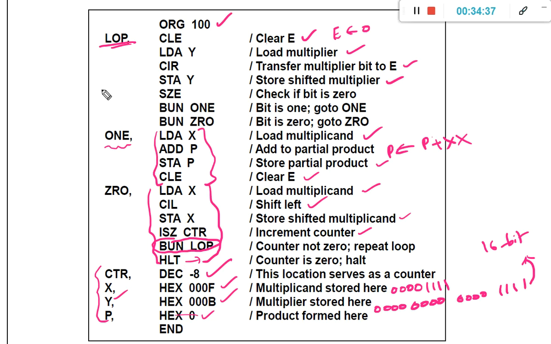So like this, the same steps will be repeated several times until we get the result. Finally the result will be stored in P. Whatever sequence we have seen in the flow chart, the same sequence we have converted into program code in assembly language.